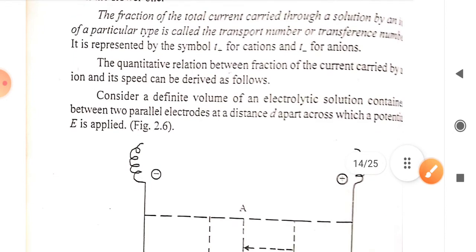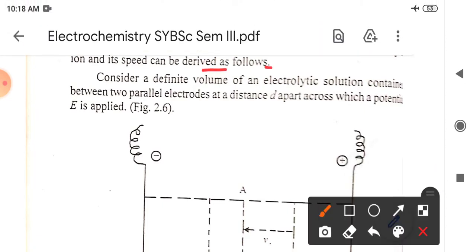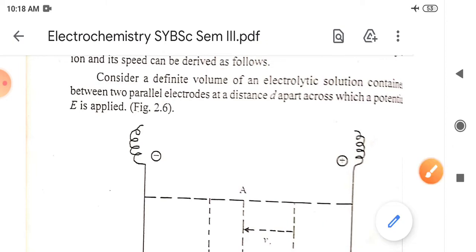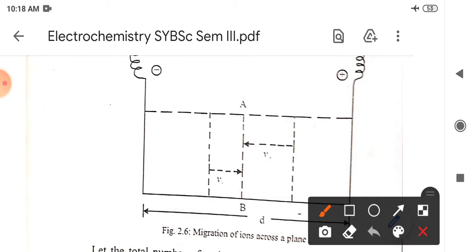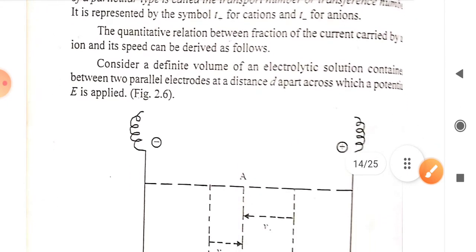So the quantitative relationship between the fraction of current which is carried by ions and its speed can be derived as follows. In this derivation we will consider a simple construction where the electrolytic solution is placed in a compartment having electrodes which are separated. Here it is a cathode, here it is an anode. They are separated by a distance d. Okay, and this v plus is the velocity of cation, v minus is the velocity of anion. This is ab, which is the imaginary boundary or imaginary separation. Okay,